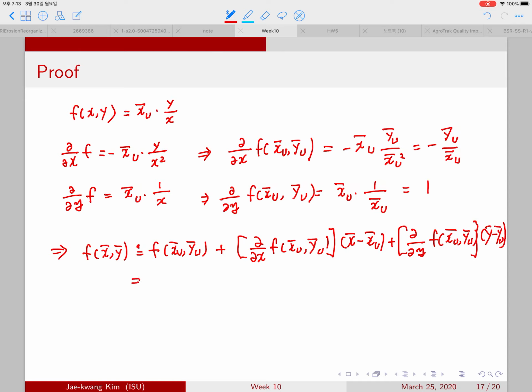So that means if I plug in x bar u times y bar u divided by x bar u, minus y bar u divided by x bar u times x bar minus x bar u, plus 1 times y bar minus y bar u. Okay, so then that leads to